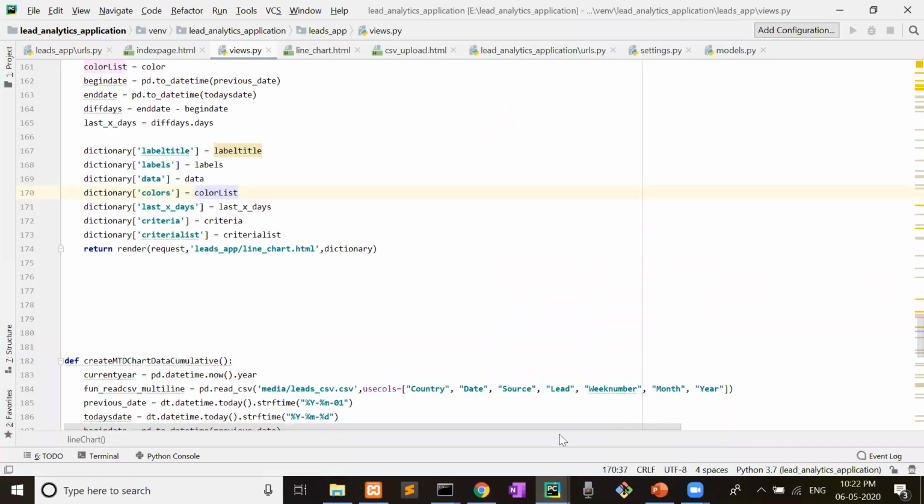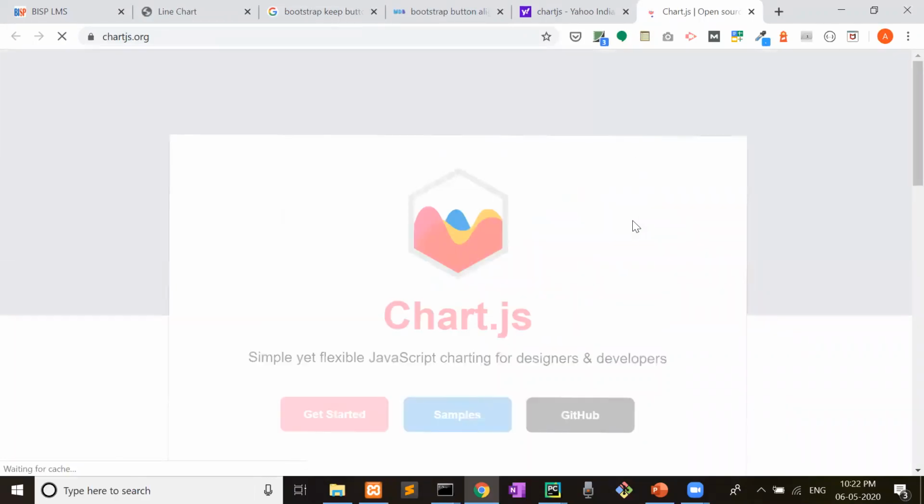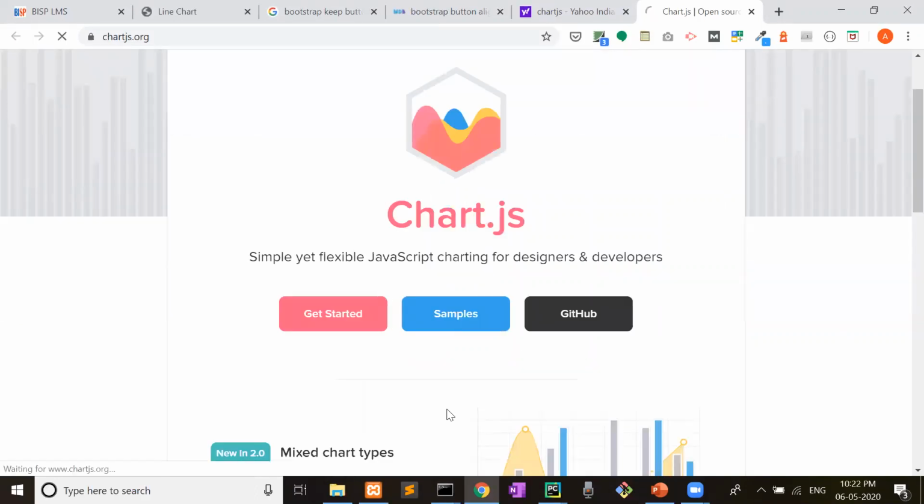Now see, first of all, where you can get the structure. Let me show you Chart.js. See, this is the Chart.js library. This is the website. You can see the samples here.